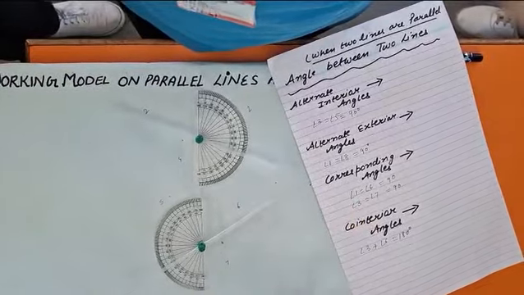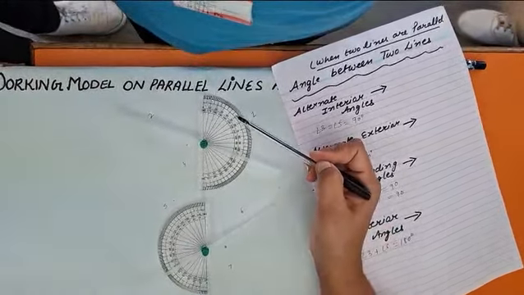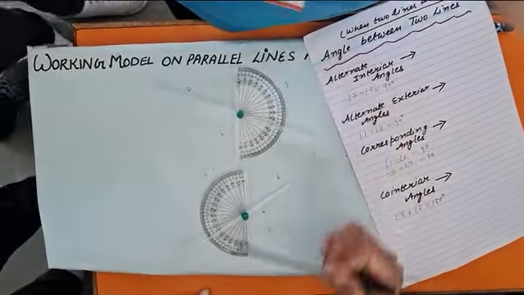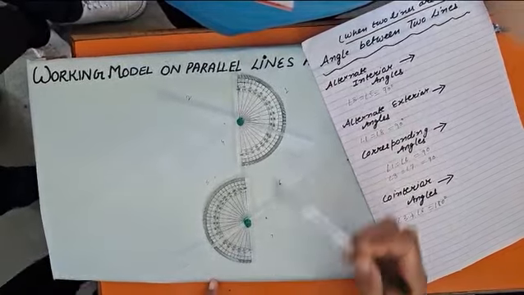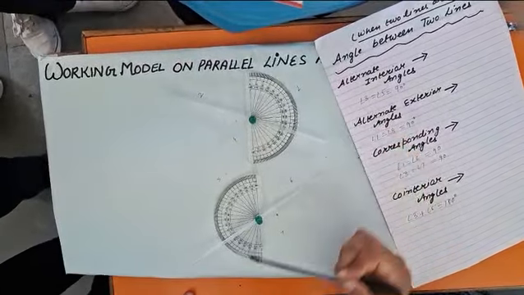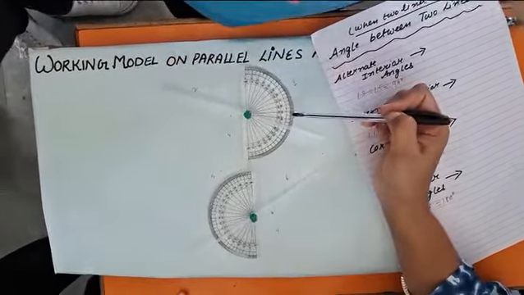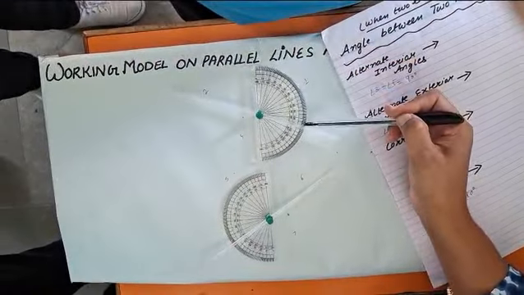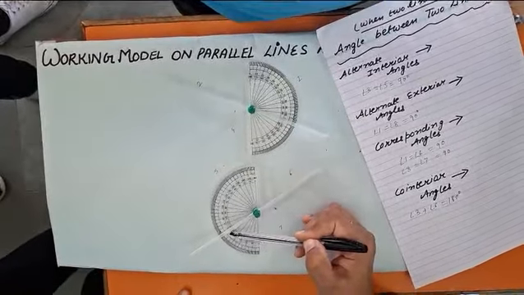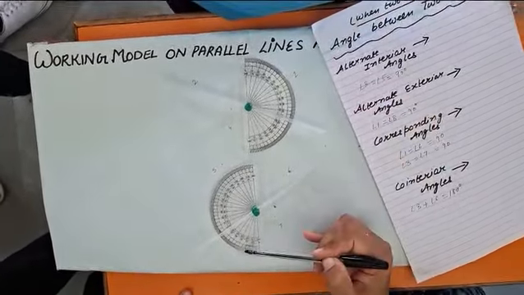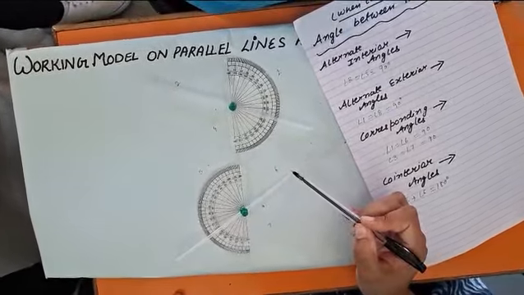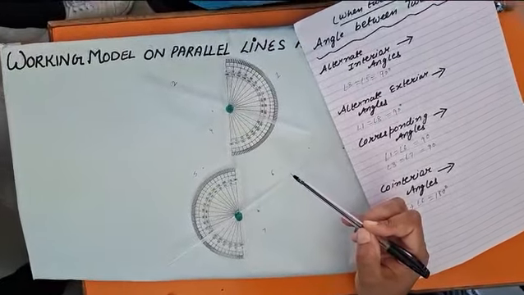So in the case of non-parallel lines, if you talk about alternate exterior angles, beta, you tell me angle 1 and angle 8. These are all alternate exterior angles. Check the measure of angle 1 and angle 8. Angle 1 is 110, and this angle is 60. Are they equal? No. So what do we observe? In the case of non-parallel lines, these angles are not equal.